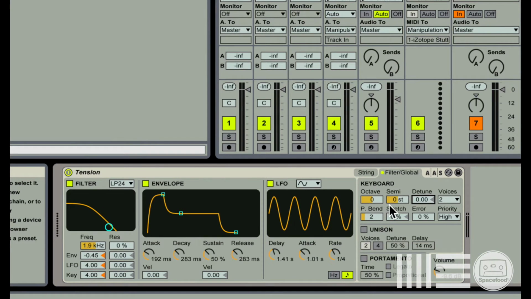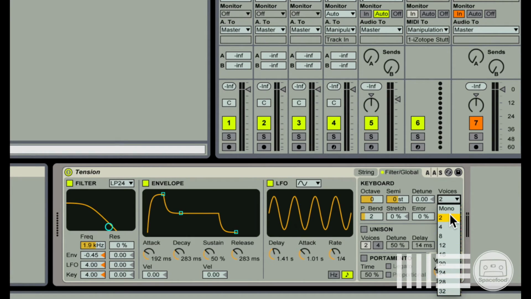So the very last section that I'm going to talk about in Tension is our global and keyboard parameters section. This section contains all of the parameters that adjust how Tension responds to MIDI data, as well as controlling performance parameters such as the tuning and portamento. So the keyboard section controls all of Tension's polyphony and tuning parameters, and up here, the voices chooser sets the available voices that we can apply in our